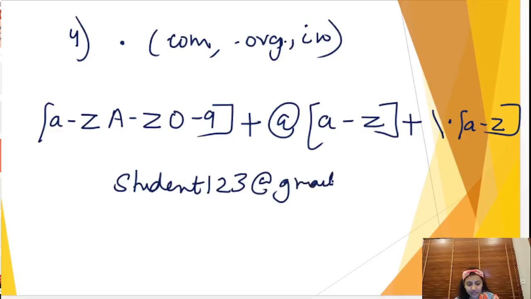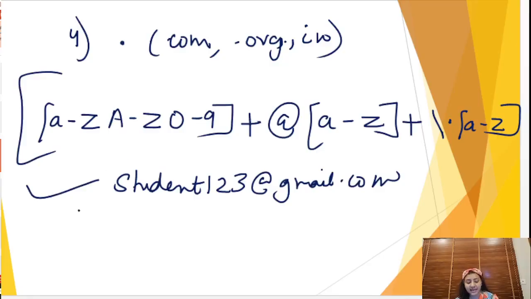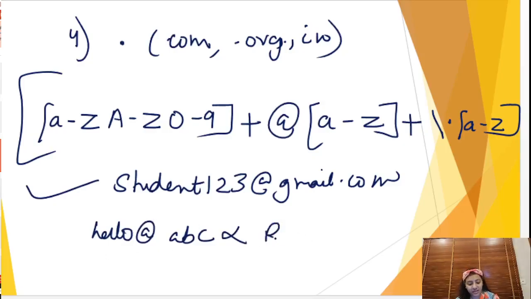student123@gmail.com, right? So this is according to this pattern, this regular expression. So we say that this is a valid email ID and it is accepted. But if I type something like hello@abc, then this is not according to this pattern and we say that this email ID is rejected,